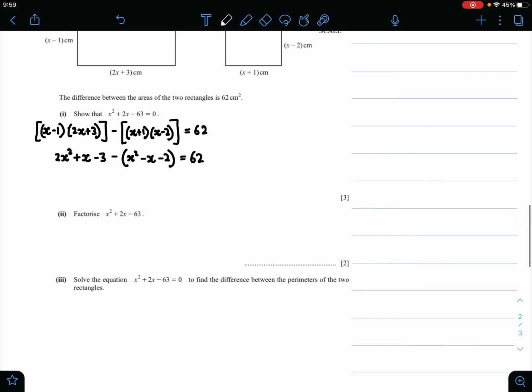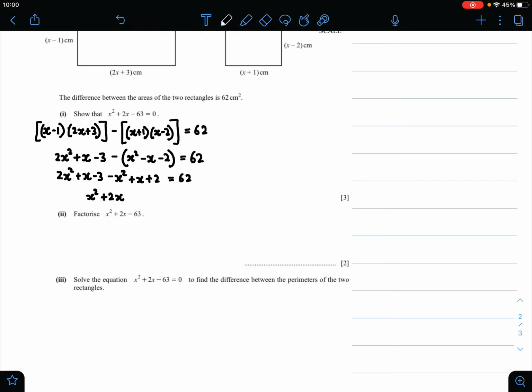Now 2x square plus x minus 3. Now we have to multiply this entire bracket by minus 1, so minus x square plus x plus 2 is equal to 62. Therefore we can simplify this now. So 2x square minus x square is x square, x plus x is plus 2x,